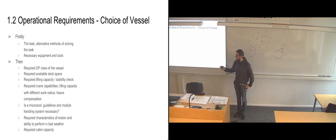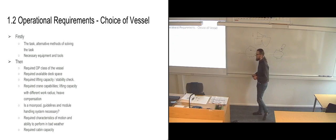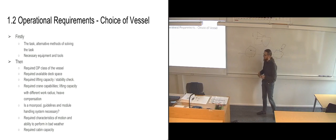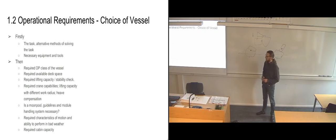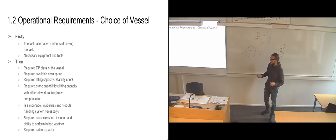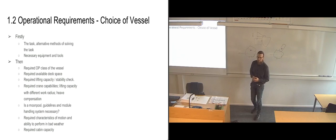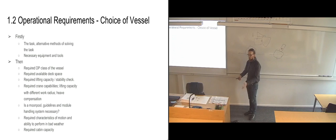We also need to check that we have enough cabin capacity on the vessel, because usually you're going to have to specify what kinds of personnel you need on the ship in order to perform the operation that's going to be performed. Especially if it's a diving vessel, you have pretty heavy requirements for cabin capacity because you need a lot of support personnel in addition to the divers. But also for a regular IMR vessel with just ROVs, it might be necessary to have special technicians along for this particular operation. So you might need to have room for those on the ship also. And then it doesn't really help if the regular crew of the ship basically fills up all of the cabins, then you won't have room for the special